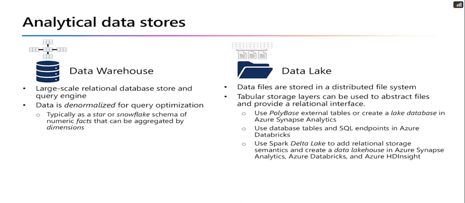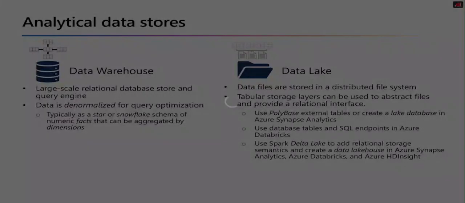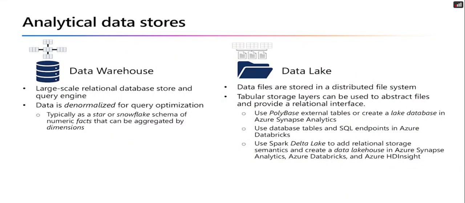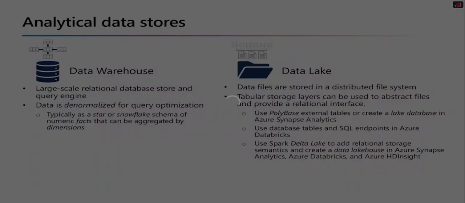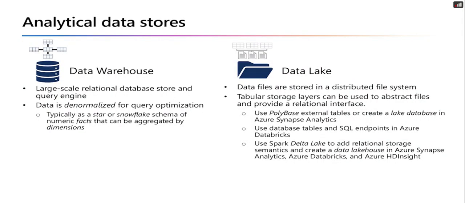For example, a fact table might contain sales order data, which can be aggregated by customer, product, store, and time dimensions, enabling you to easily find monthly total sales revenue by the product for each store. This kind of fact